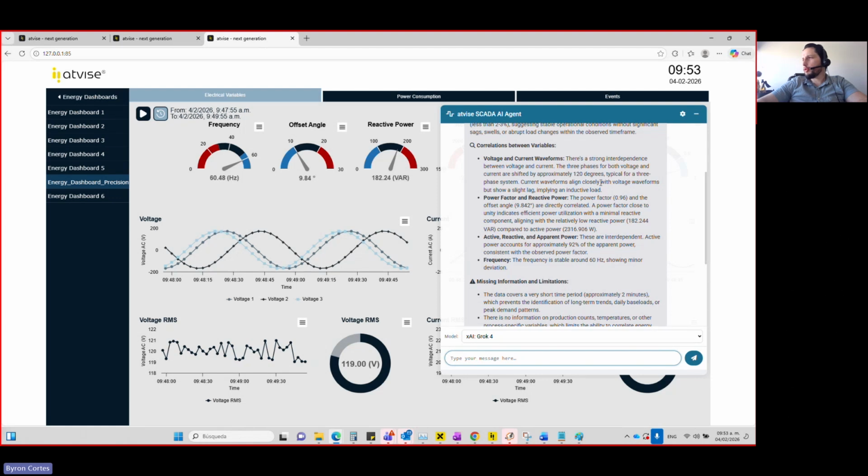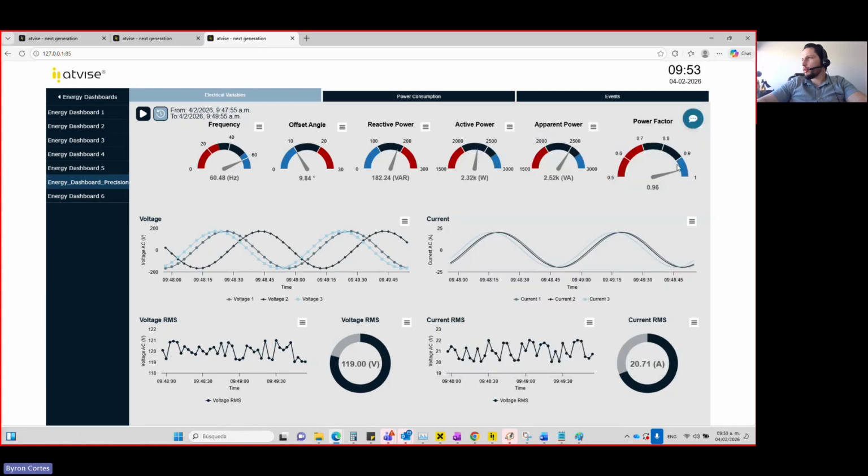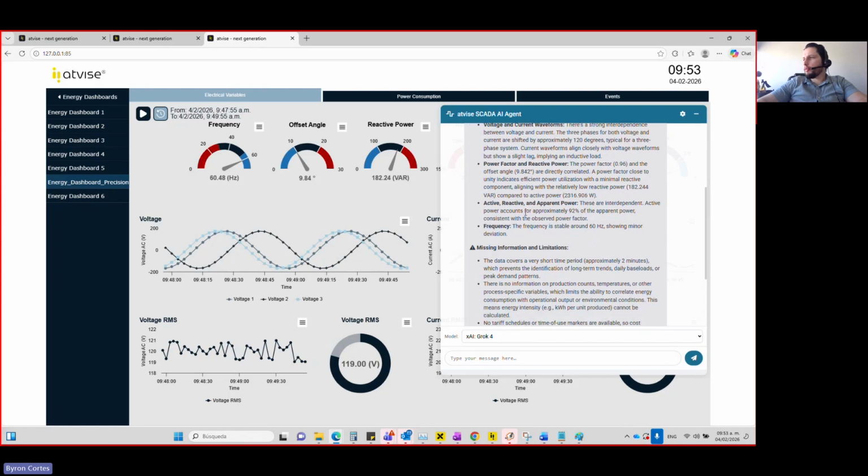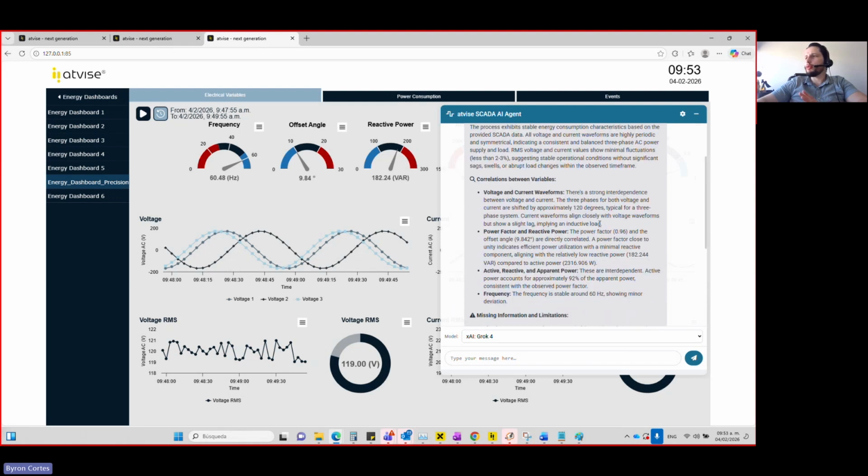Current waveforms align closely with voltage. The power factor, 0.9596, which is this one, and the offset angle are directly correlated. A power factor close to unity indicates efficient power utilization with minimal reactive component, aligning with relatively low reactive power. I mean, this is okay. The active powers account for approximately 92% of the apparent power, consistent with the observed power factor. This is something, I mean, it's saying that it is good.